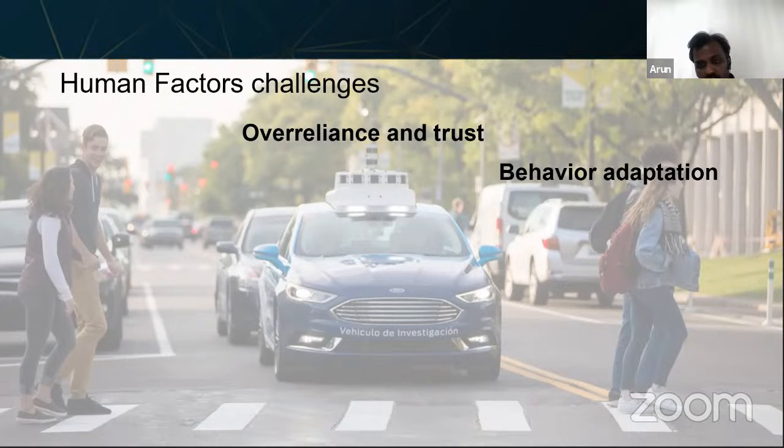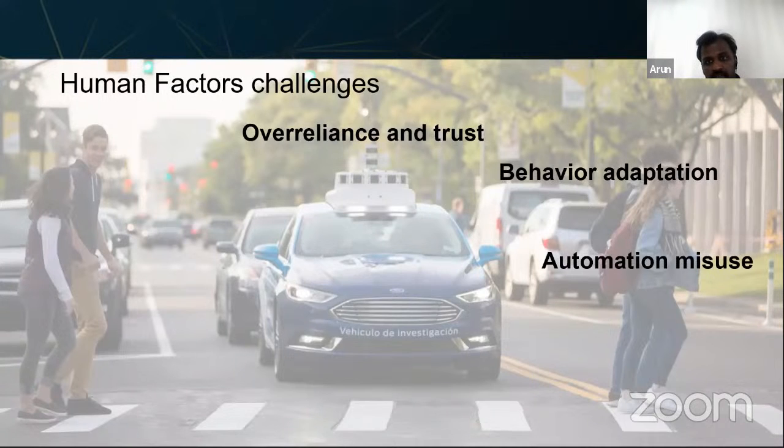Probably you need all drivers to have an adaptation to their behaviors and also adapt to their systems. And of course, the systems have to adapt according to their drivers' behavior as well. Then automation misuse. This is quite common. This is like a product misuse, which is quite common, we could see a lot of products designed out there can be misused for different purposes. And the same thing will happen here as well for the automated vehicles.